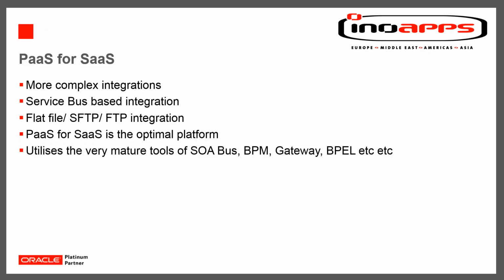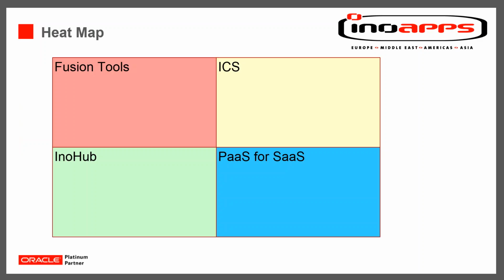So, just wanted to talk about that as a final solution. What I've done here is built a really simple little heat map of where, in our opinion, we feel that each of these tools and solutions best fits with a customer requirement. So if you take the top left-hand corner, the standard out-of-the-box Fusion tools, we would consider that to be an excellent solution for customers that have relatively simple requirements, maybe a bank and a payroll integration, small volumes of